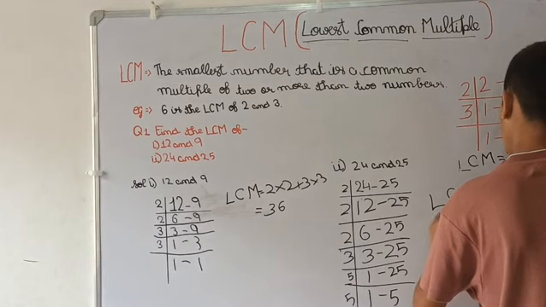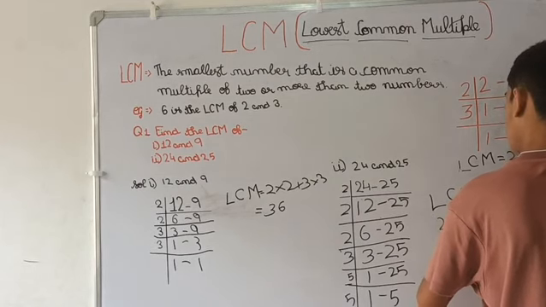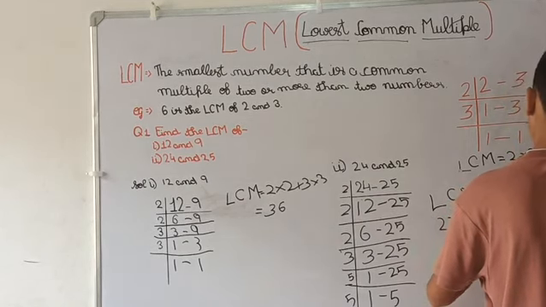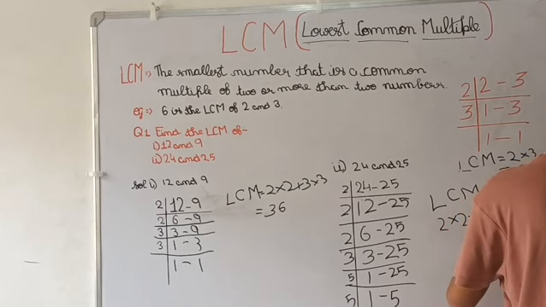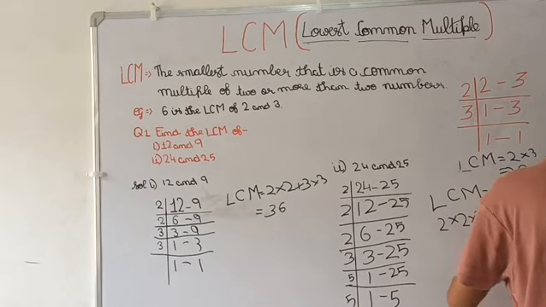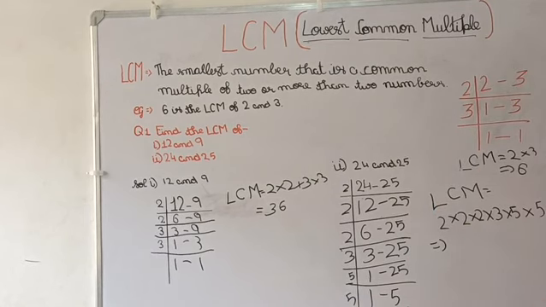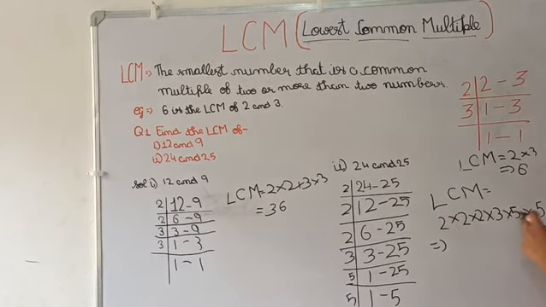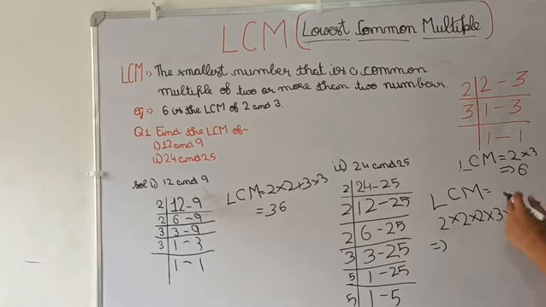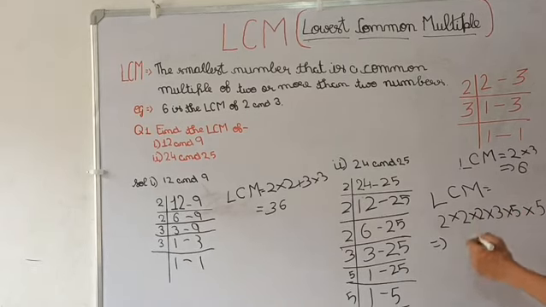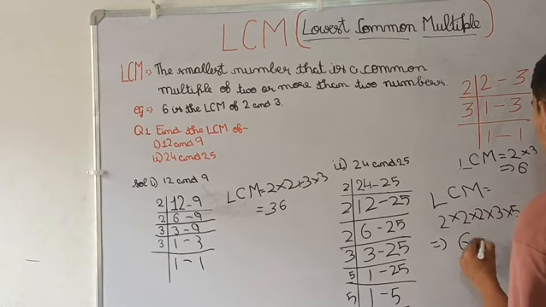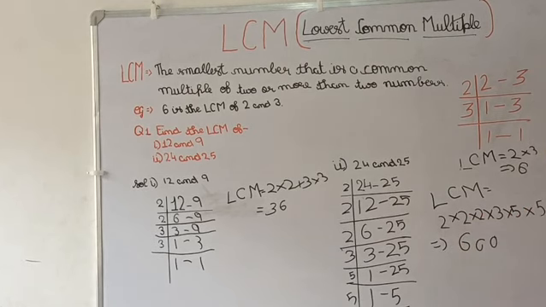2 into 2 into 2 into 3 into 5 into 5. Here we will multiply all these. 2 times 2 times 2 is 8, and 5 times 5 is 25, 25 times 3 is 75, 75 times 8 is 600. So the LCM of 24 and 25 is